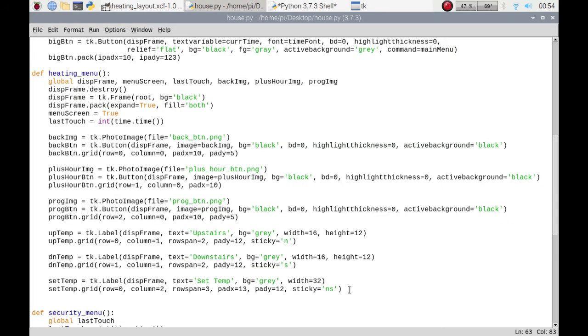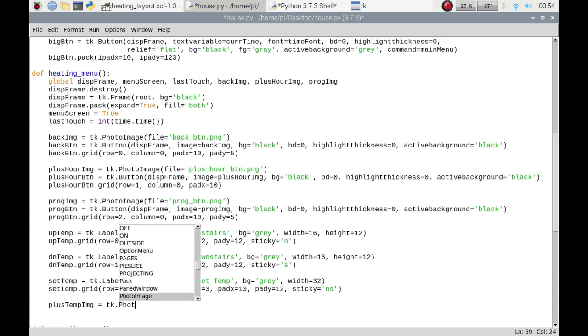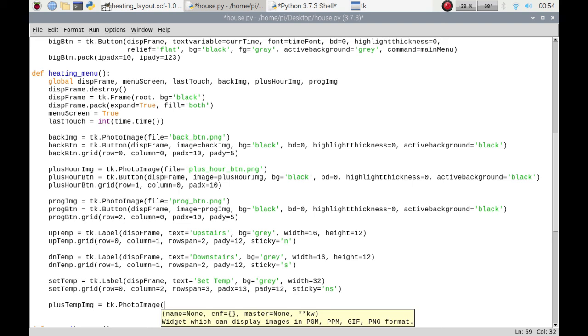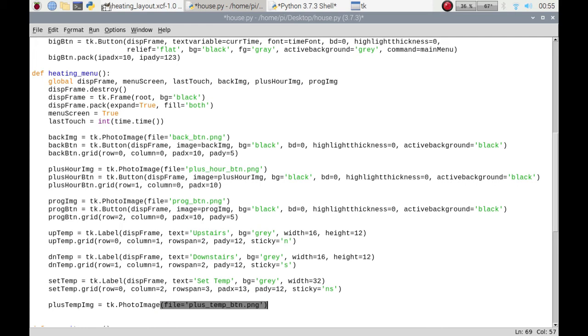Let's get the other two buttons in. Right, so this is going to be plus temp image, because this is going to be the button that we've previously created in the previous video. This is going to be a tk.PhotoImage. File will be plus underscore temp underscore btn.png, if I remember correctly. So that will be the plus temp button,